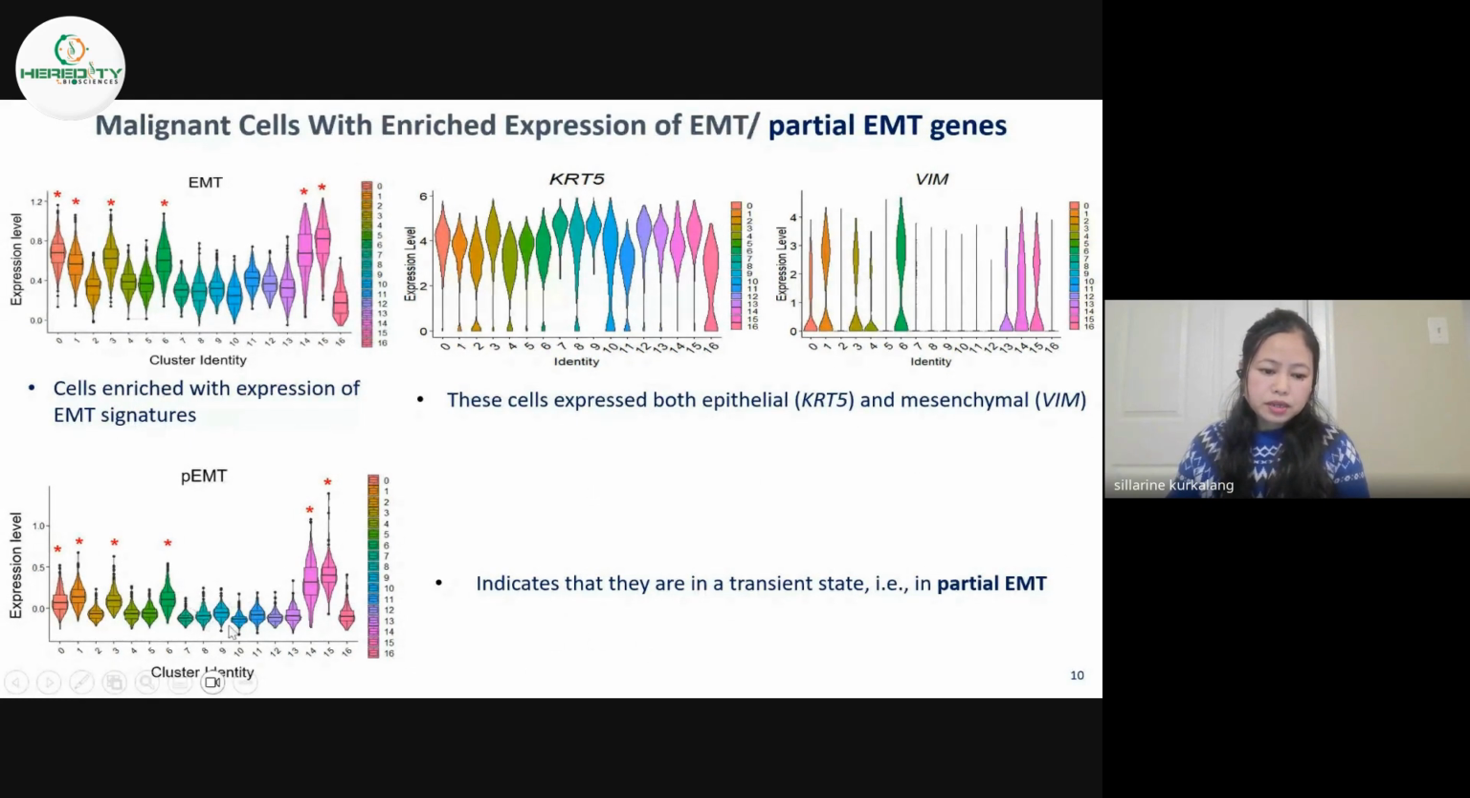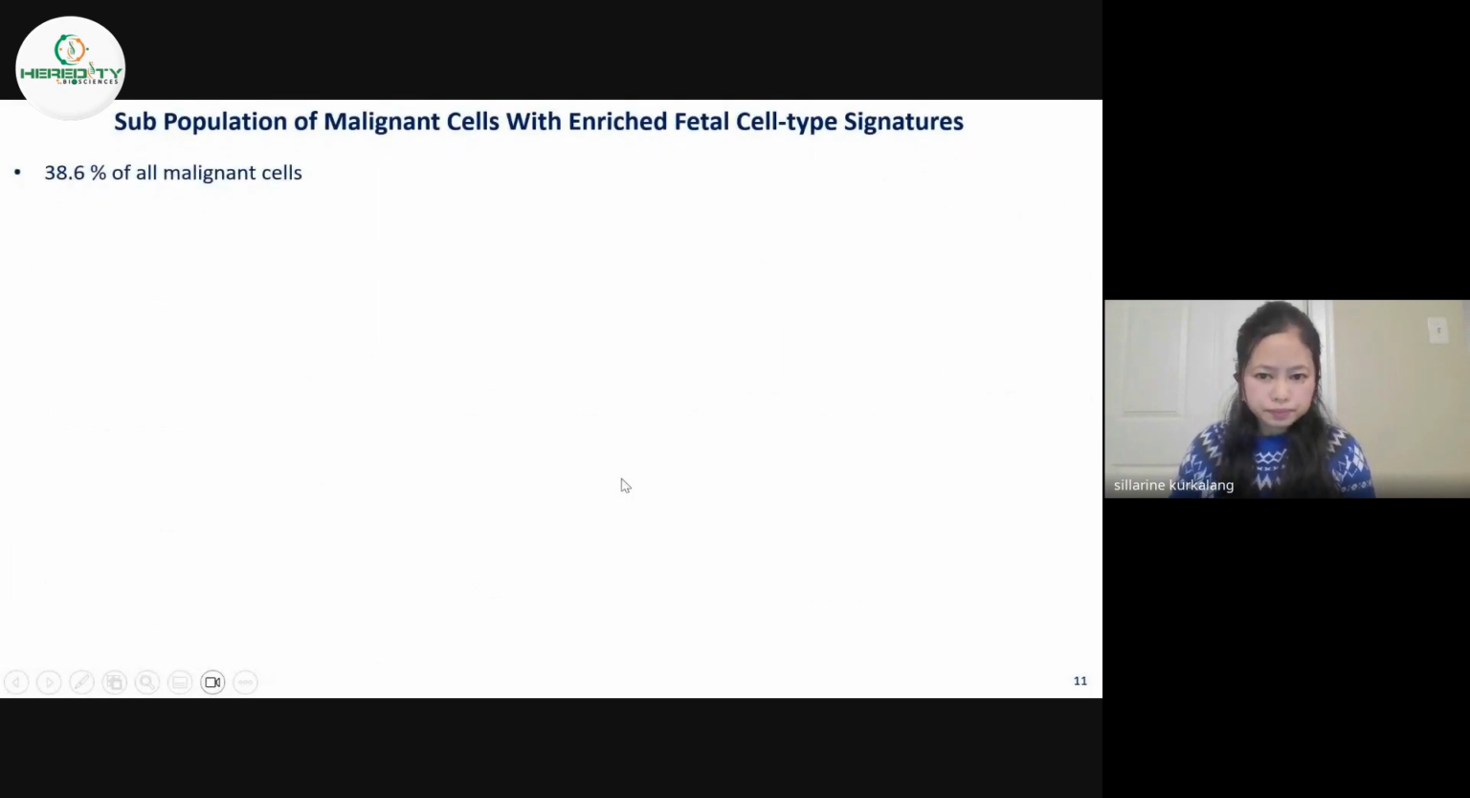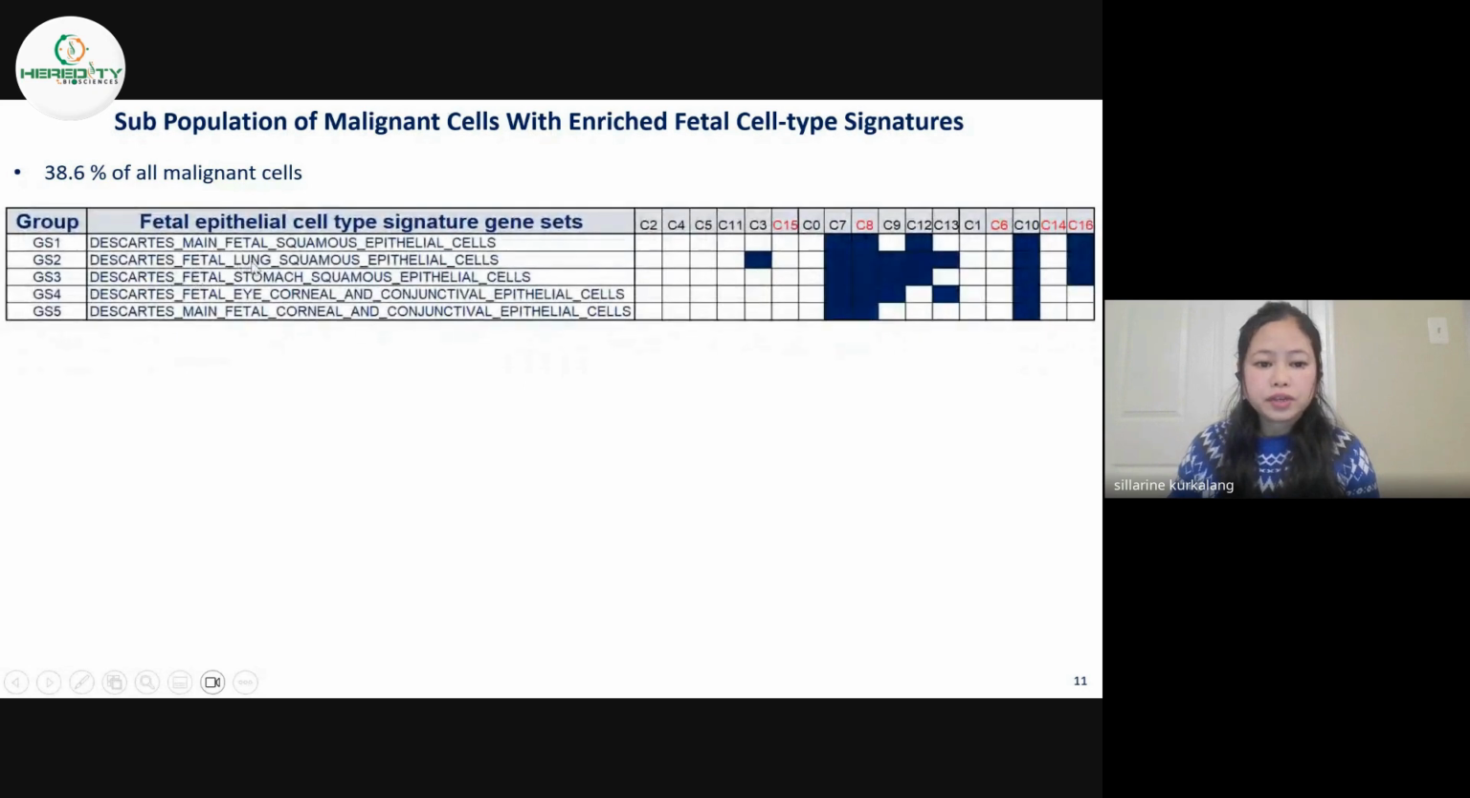But what you see, there are other clusters that are not enriched with these EMT. So we're wondering what signatures were then enriched by the cells in these other clusters. We looked for the expression of their cell type signatures, and we observed that 8.6% of the malignant cells were enriched with the fetal signatures,